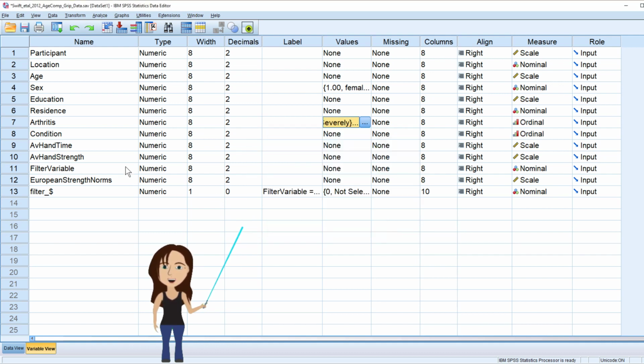Okay, so we want to have a look, is there a difference in the hand grip strength for the different levels of arthritis, for which we have 4 levels? And this is an ordinal variable, and it's possible that you could measure arthritis in a more detailed way. And then it might be possible actually to do a regression between hand strength and severity of arthritis. We're just going to treat it as categories in this case and have a look at if we can do an analysis of variance. So I encourage you to read through the layered statistics page to look at the assumptions,